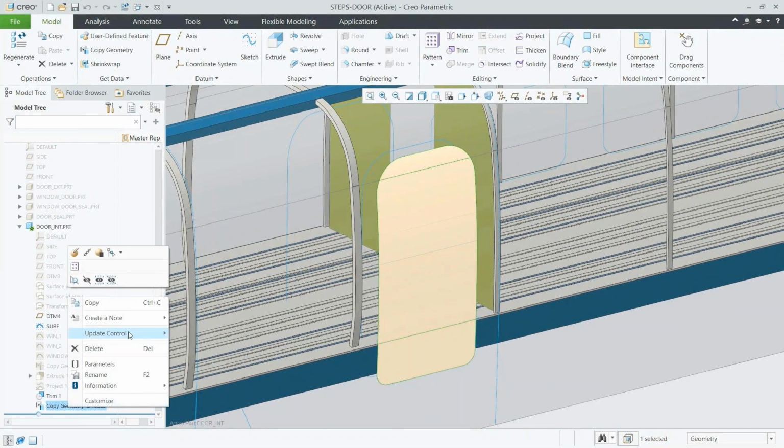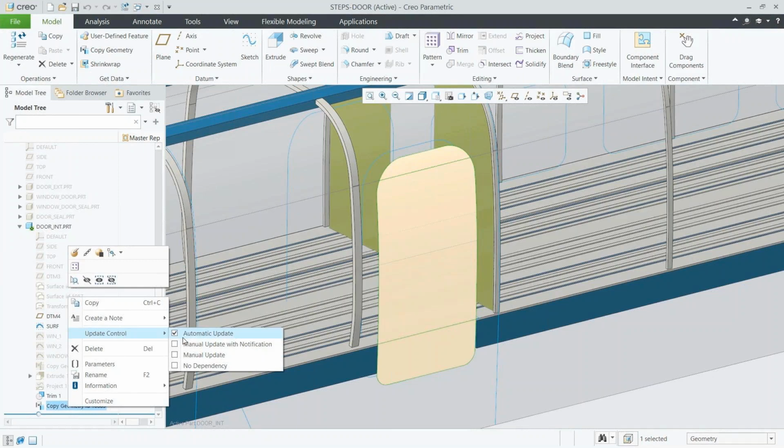So here's one thing that's very important. We've been talking about how this skeleton model is used to automatically update anything that references it. But you should know that that's because we can have it set to automatic update. But if we're working on a critical piece of information, a critical